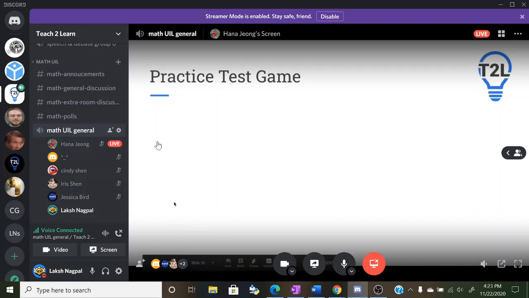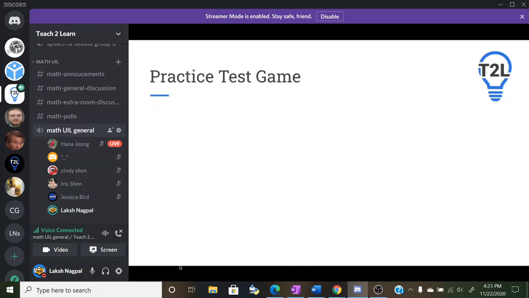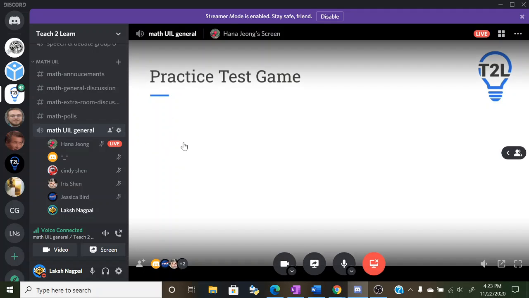And so for those that may not know, this is where I'll be sharing an actual number sense practice test, and usually we would have 2 teams and they would go against each other, but since it's just 3 today, y'all will all be on the same team, and y'all will take the same practice test and work together to find the answers. And so yeah, I'm gonna share the screen, and there's also a document, and I'll basically give that document